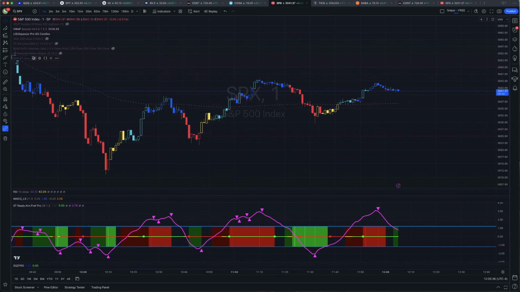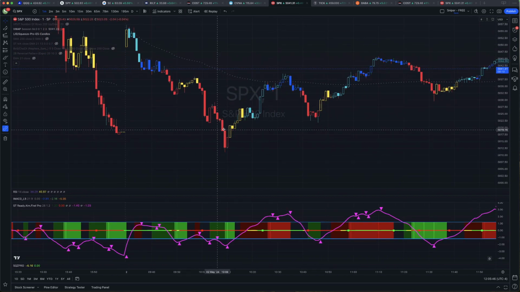Okay, so here's a decent one. On a 1 minute time frame, we didn't really get it here, but we are looking for a reversal off of here. We're looking for an oversold condition, right? So we're getting into oversold, and we're looking for the candle color to change from red to yellow. And we're looking for the indicator to fire here, okay, which would be a MACD crossover if you're using both